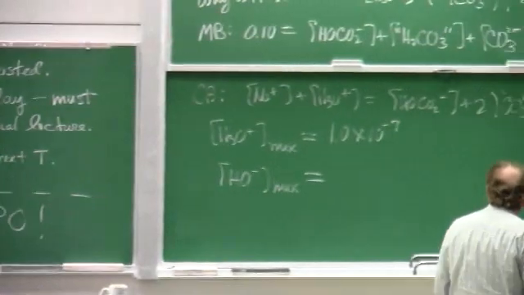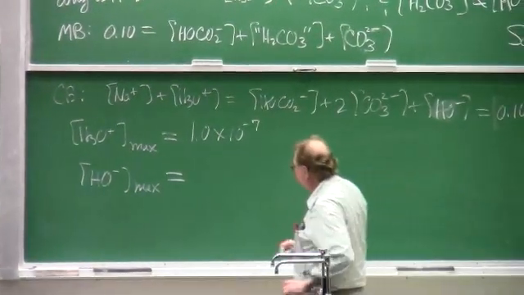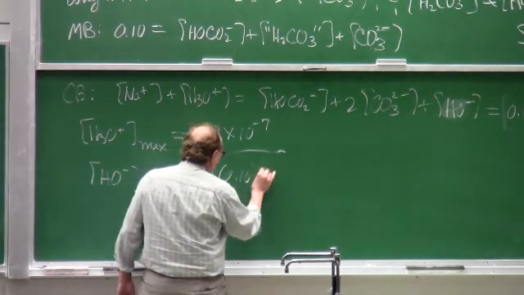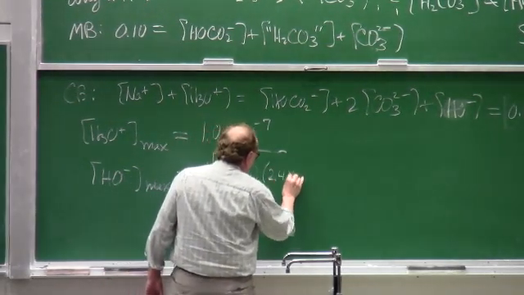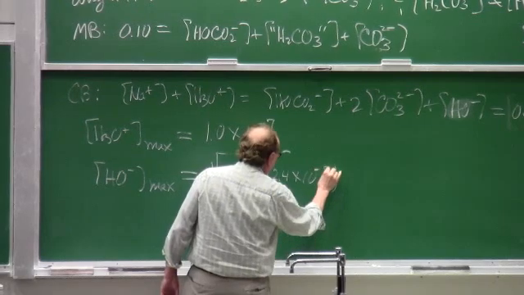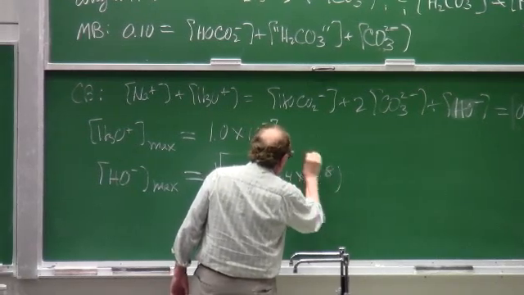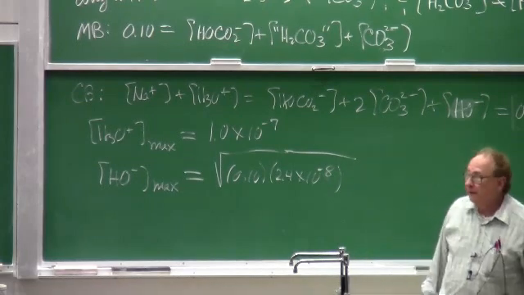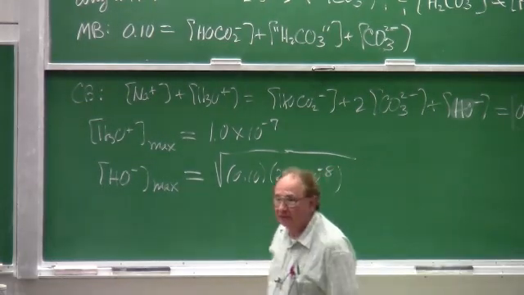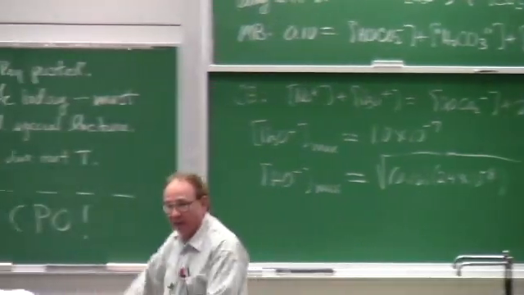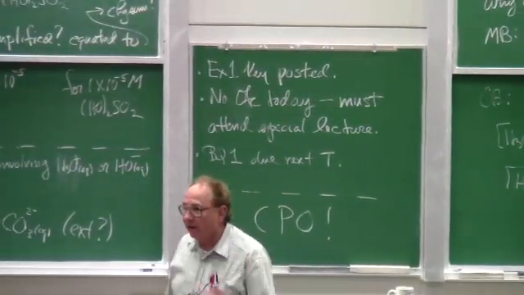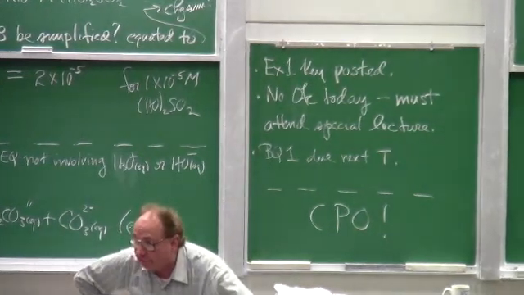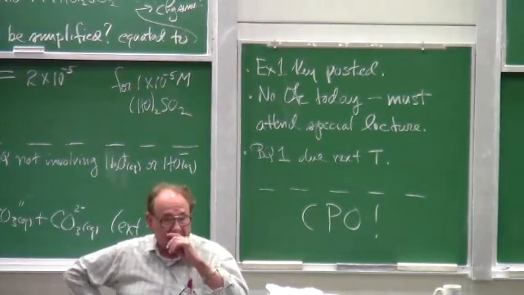So hydroxide ion max is this. And now I'll get hydronium ion min, and I've got the hydronium ion concentration in a box. Pretty small box. And then when I go about the business of solving to get the correct hydronium ion concentration for this solution,